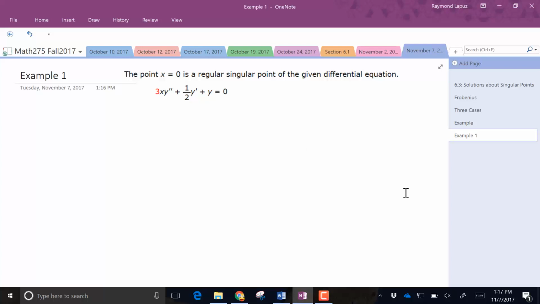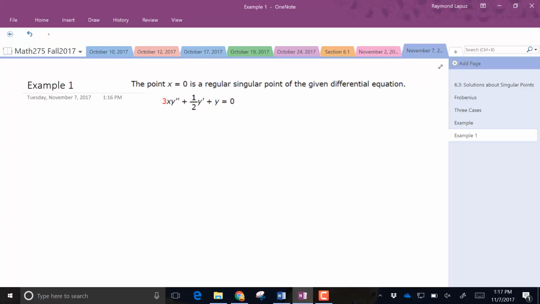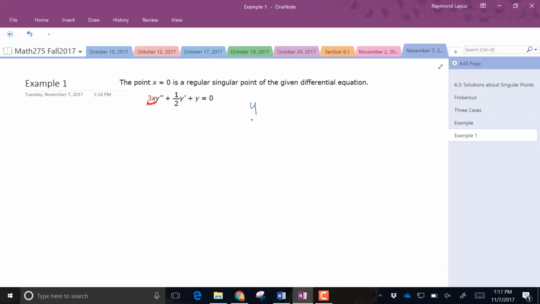All right, let's go through the process of trying to figure out how to solve this differential equation by showing, first of all, that it is a regular singular point and then figuring out what the initial equation is. And then finally trying to attempt to solve for this. All right, so we have our a2 of x. We want to divide that. So let's write this in the form that we want. We got y double prime by itself.